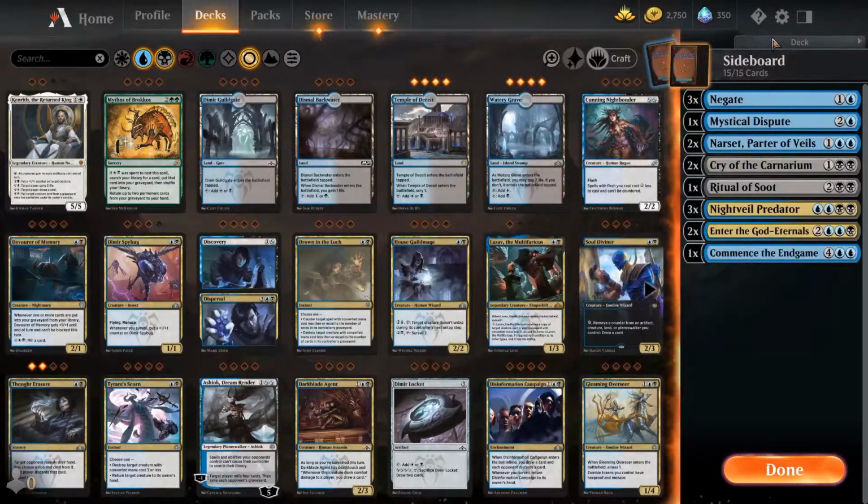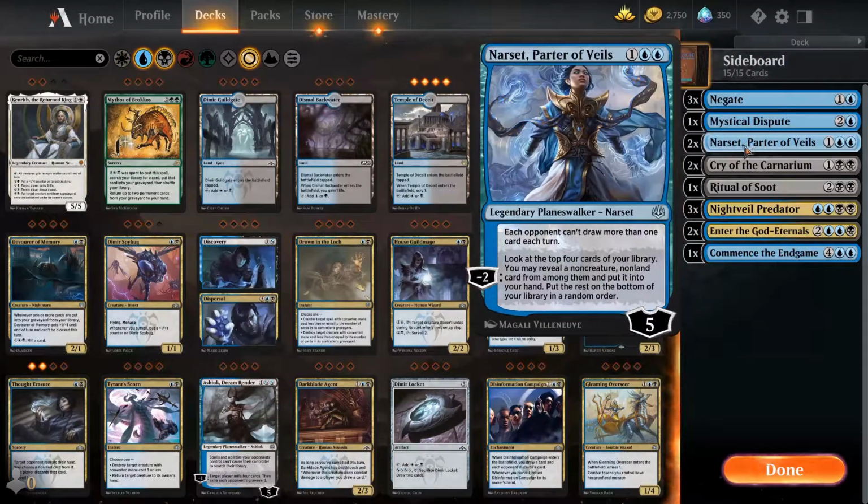I'll show you the sideboard. So 3 Negates, 1 Mystical Dispute, just pretty heavily in counter magic. Should be pretty obvious where we're going to want to board that in. Narset is a great card against, obviously, an opposing deck that is drawing a lot of cards. So that's when we'll bring it in. I mean, it can really shut down the Izzet Phoenix decks, which have started to come